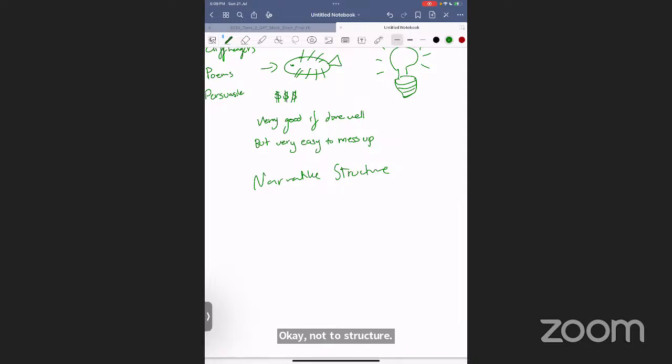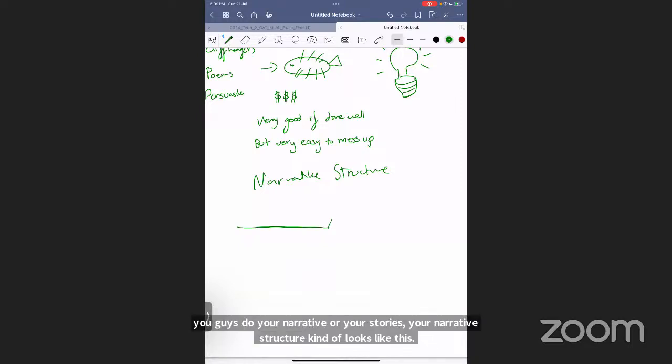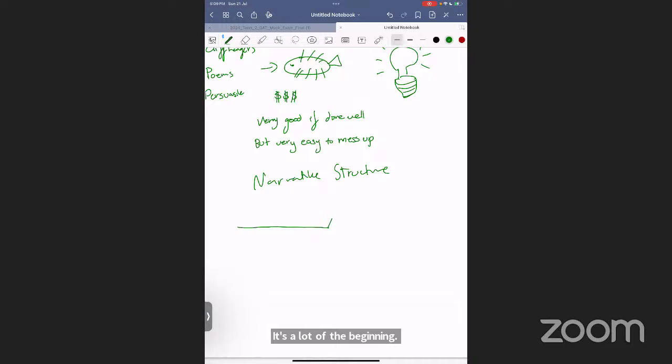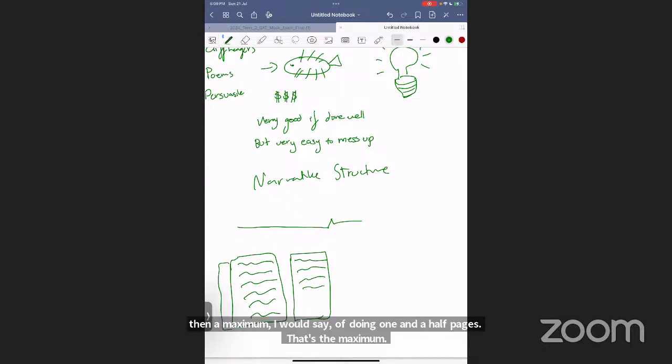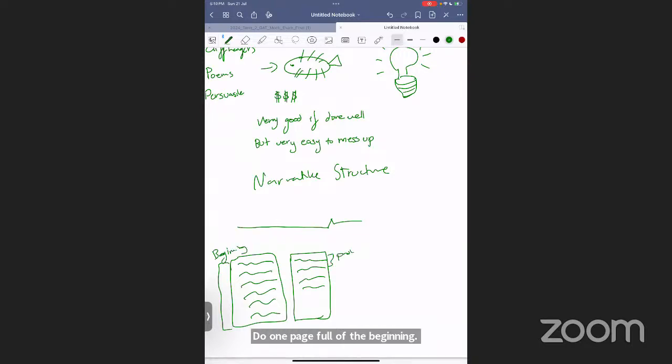Most of you, when you do your narrative or your stories, your narrative structure kind of looks like this. It's a lot of beginning, a very small problem, basically no rising action, and then the ending. You are expected to write about 1 page minimum, and a maximum, I would say, of 1.5 pages. Most of you do 1 page full of the beginning, and then a little bit of the problem, and